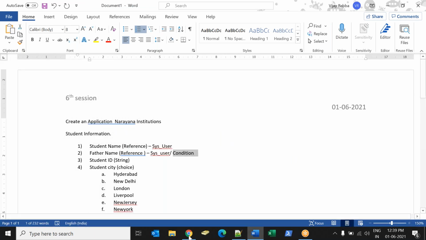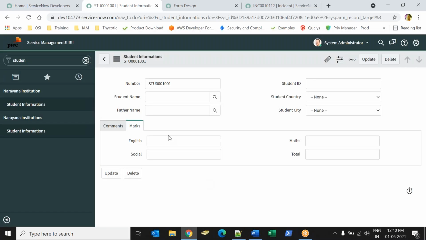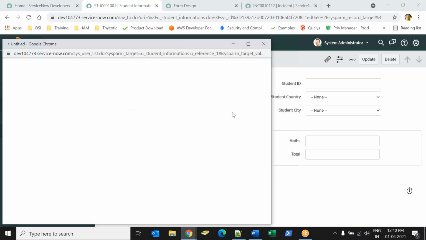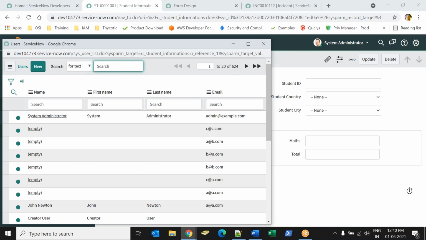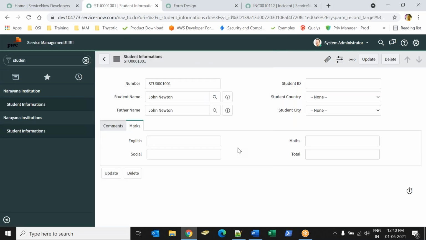What is this condition? That will be something like, see this. This field is also referring to the 600 table, which is showing 624 records. So if you have John Newton here, you can also select John Newton. There is no logic, right? How can a John Newton be a father of John Newton? How can the same person be? So now the use case here is, how can we